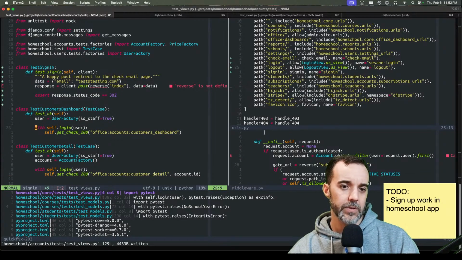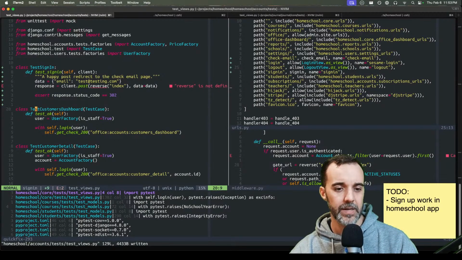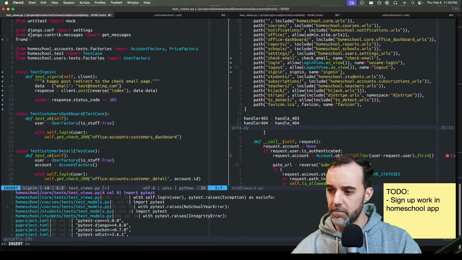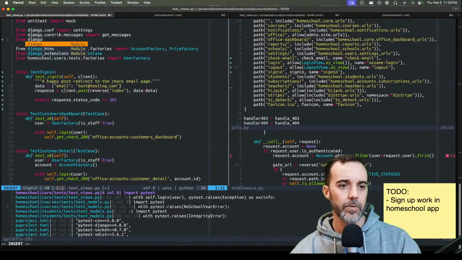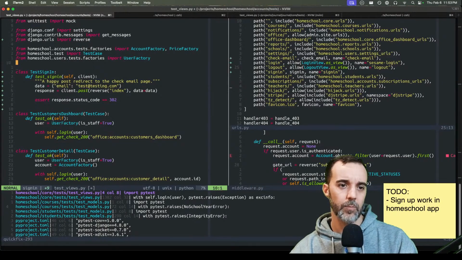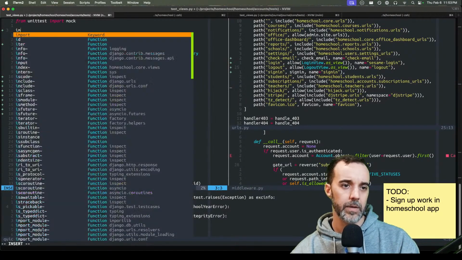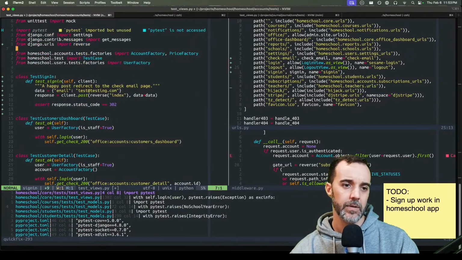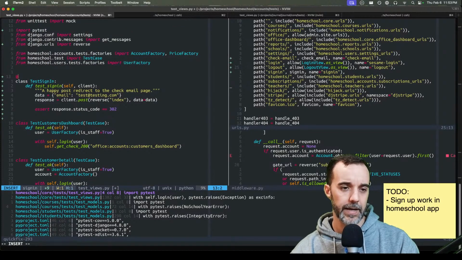We have different tools available to us from, well, I'm not using it, so never mind. From Django URLs, import reverse. And then we will bring in import PyTest, and we will do at